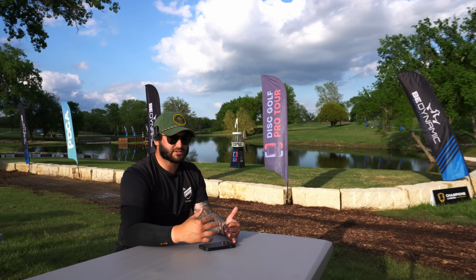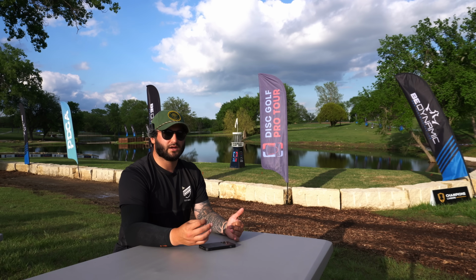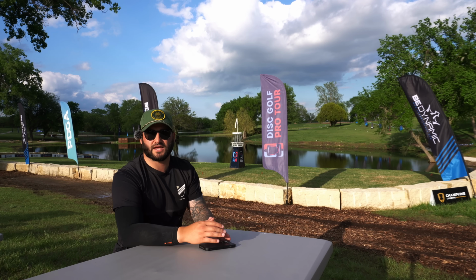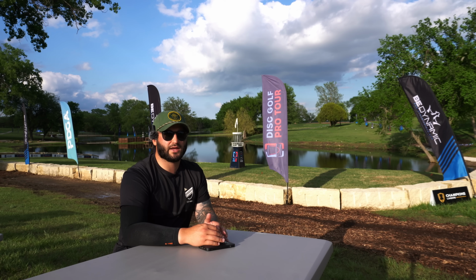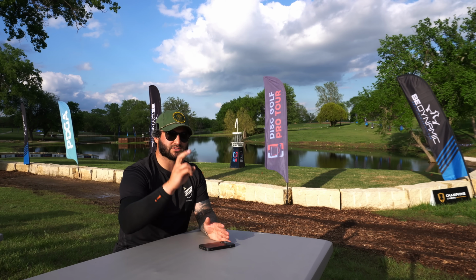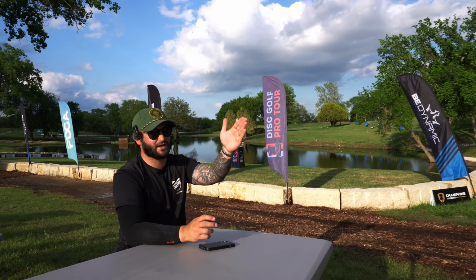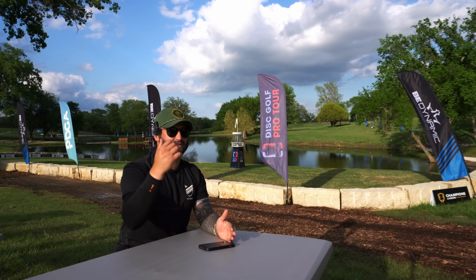There needs to be some type of maintenance requirement. In Houston, for example, for the Pro Tour, they trimmed up a branch after the first round of the tournament because it was in the way. But that same branch was in the way on Monday, Tuesday, Wednesday, and Thursday. It's not like it just got in the way